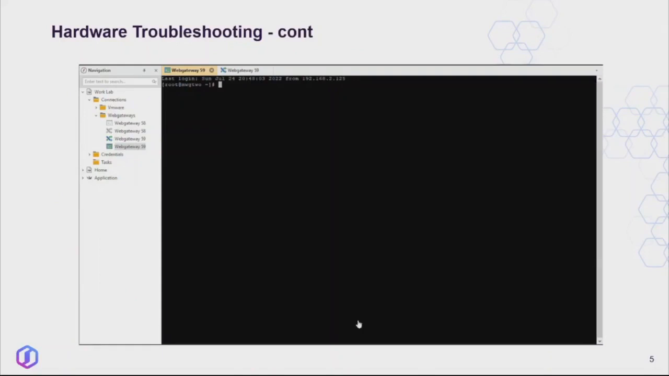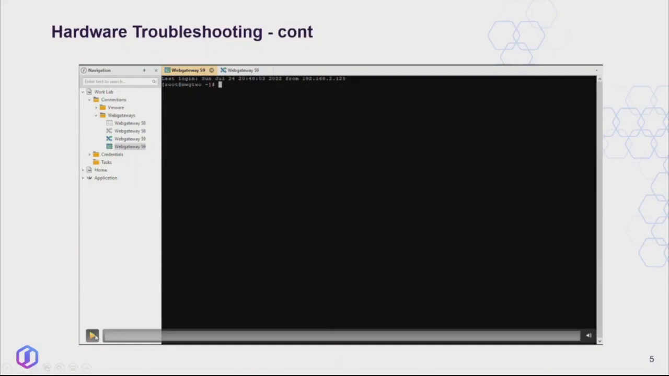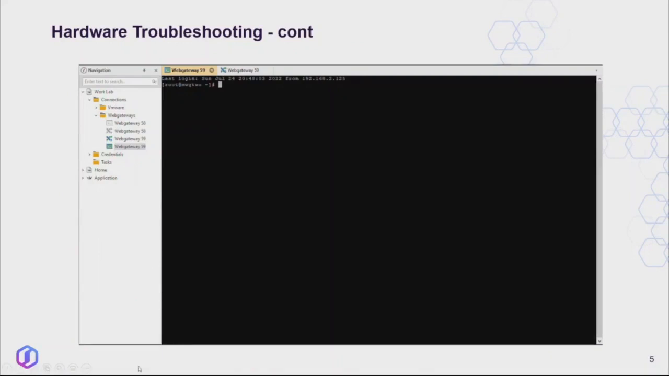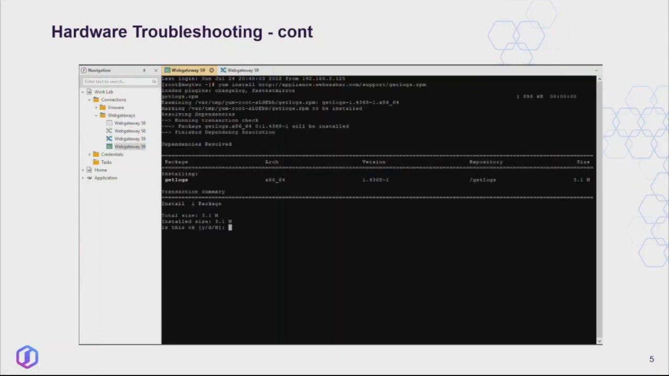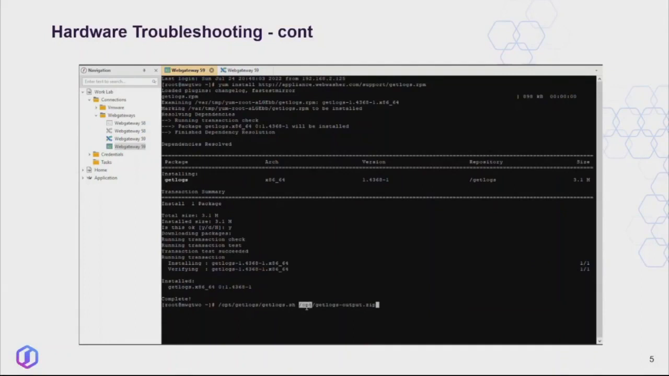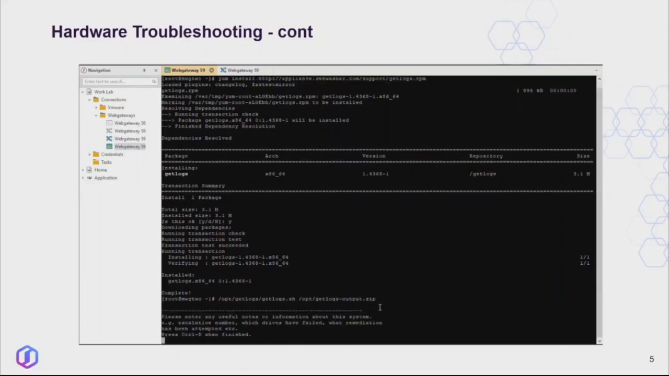And here's a quick example of running the getLogs script. Okay, so here I am already logged into my web gateway. We will copy the command to install the getLogs script. Go ahead and do that, and then just run the command to run it. As we can see here, it's also going to be outputted to the /opt directory in a file called getLogs output. Here you can type in, I don't know, hard drive failing,